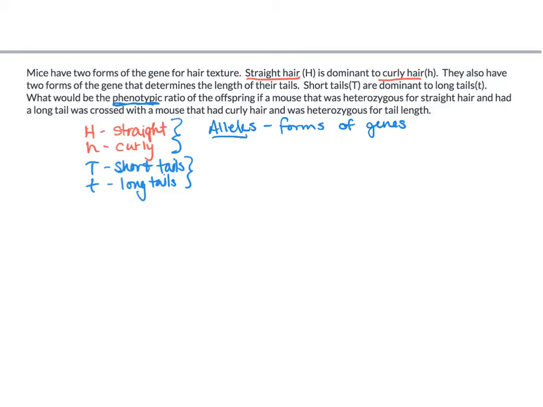And heterozygous means they have two different alleles, but because they have two different alleles, they have a dominant and recessive. So here's our one parent we know is going to be Hh, big H, little h, which is heterozygous, and had a long tail. So long tail, it has to be homozygous recessive. So that's tt, right? So this is our genotype of parent one. So this is parent number one. Parent number two,